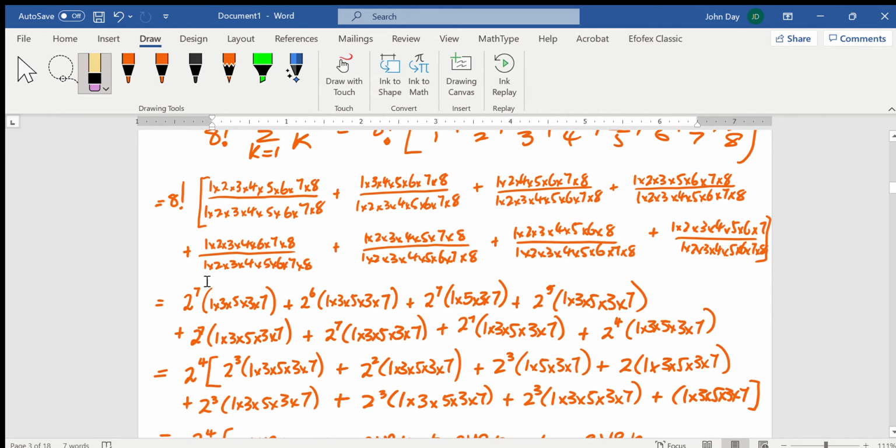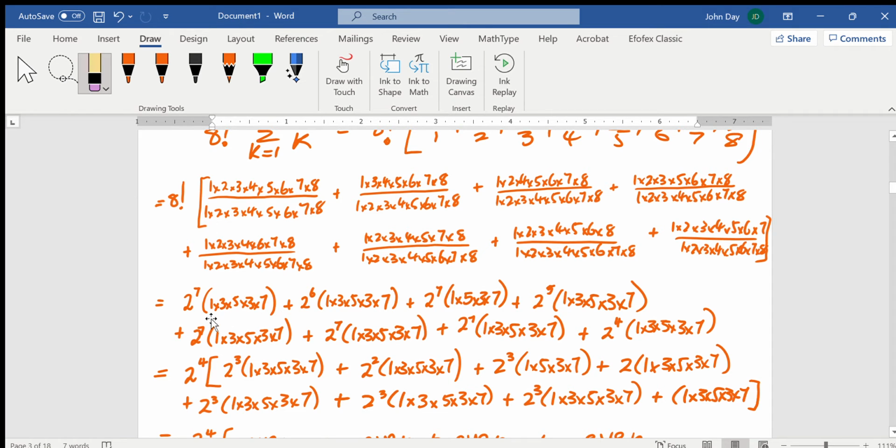When I multiply by 8 factorial, I get rid of the denominators, and at the same time I've factorized out the powers of 2 in each numerator. So you can see I got 2 to the power of 7 out of that first numerator, 1 times 2 times 3 times 4 times 5 times 6 times 7 times 8, and times 1 times 3 times 5 times 3 times 7. So it's 2 to the power of 7 times some odd number. Now I could actually work out what that odd number is, but because I'm interested in a solution for n rather than 8,